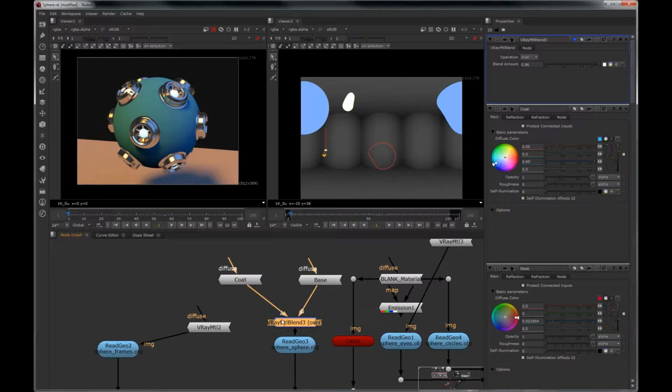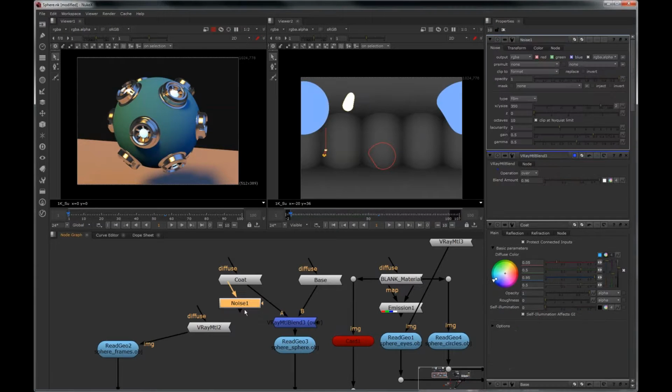So I can blend those with a texture, and I'm going to use a noise texture and plug it over here. And now, where we have black, over here I'm going to see just the base material, and where we have a white color, I'm going to